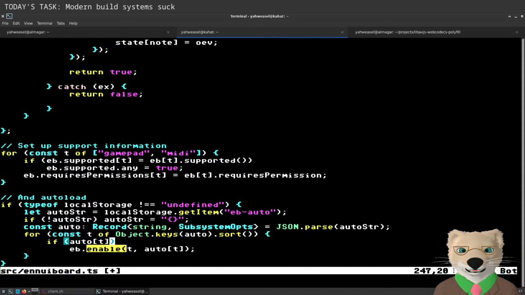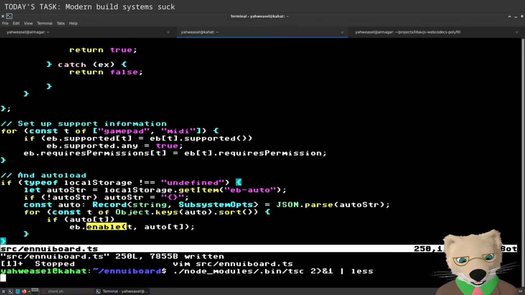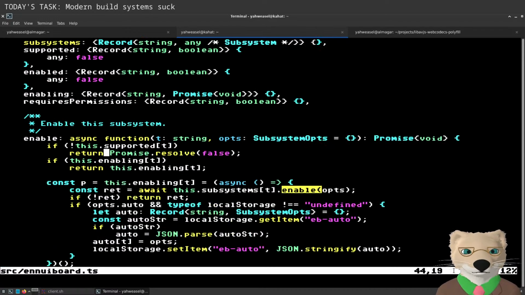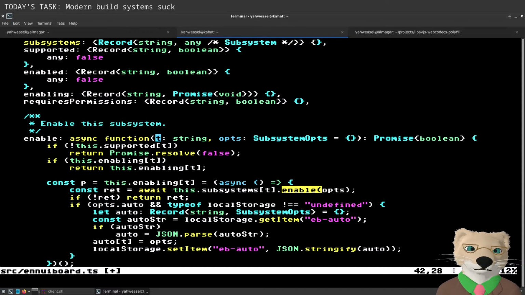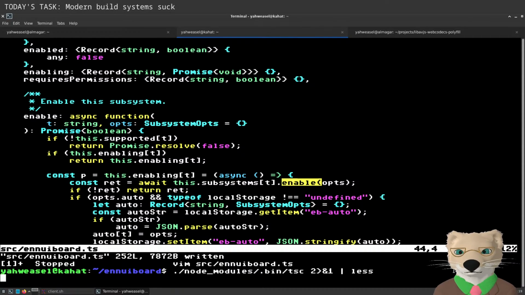I guess this is correct. It's slightly weird because I'm not checking for auto, but it would never have been in there if it didn't have auto set. So it should actually be fine. And note that this is enabling without actually waiting for the promise, but that should also be fine. Now, there should be fewer error messages, but still many error messages. Oops, I explicitly said this is a promise of void, and then I changed it. I changed my mind. Let me just make this line a little bit less long.